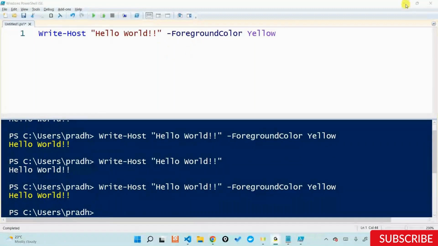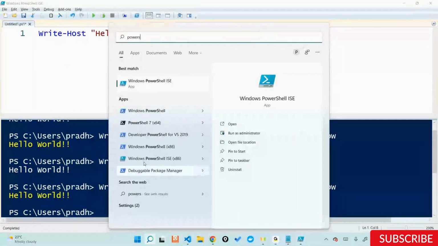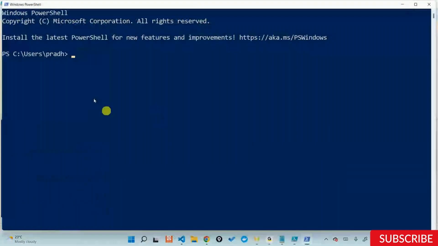The difference between PowerShell and PowerShell ISE is that PowerShell ISE is called an Integrated Scripting Environment, which will help you write something, give some input, and give you something in the output, etc. But you also have something called Windows PowerShell, which is just like your command prompt, but with a different color. It's just a command prompt wherein you can write commands. You cannot store them. You cannot have an input and output. It's completely output out here.